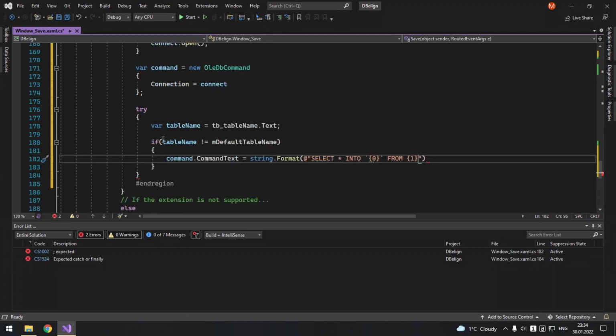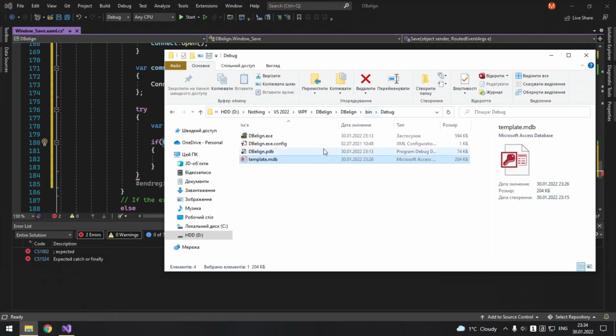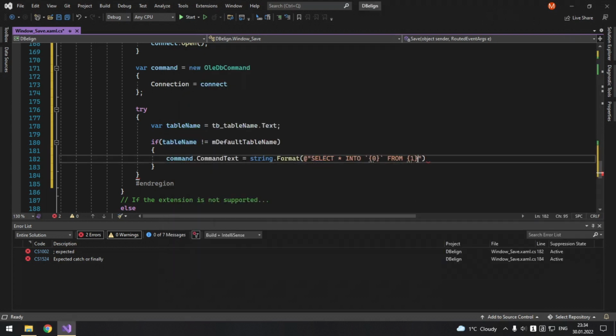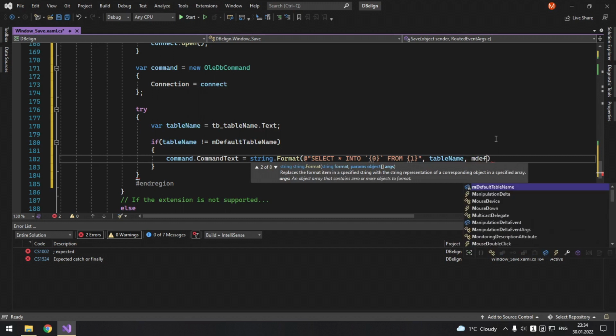So we do it if the table name differs from the default table name. So for example, if we changed the template and now it's not table 1 and it is now, for example, well, default table or something like that. Alright, so the parameters, table name and mdefault table name.